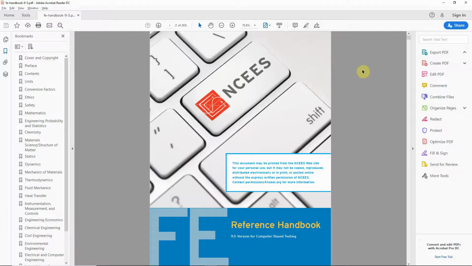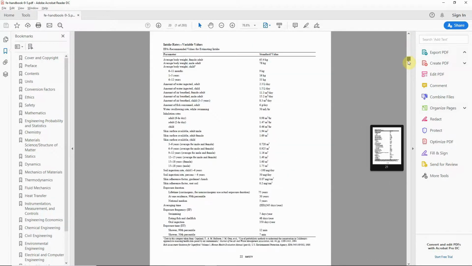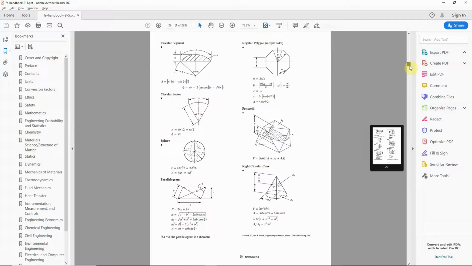Go over the materials that I use to study for this exam. And I wanted to start with the reference handbook first because I think it's the most important study resource that you have. So a PDF of this handbook will be provided to you when you register for the exam. And what it is, is just a giant reference book that you'll have, this exact thing, when you're taking